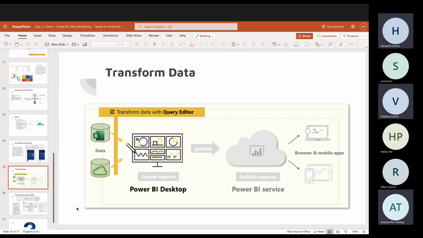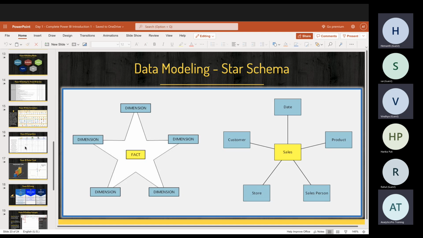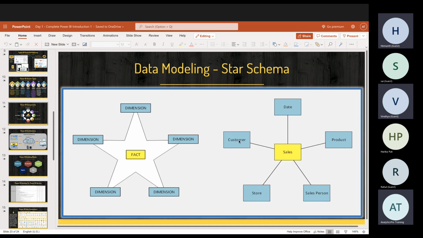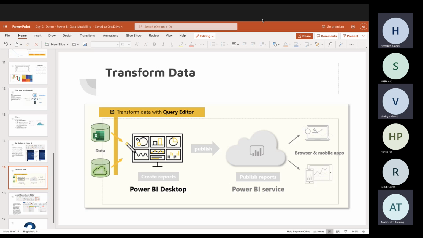Coming to your transform data, we spoke about this yesterday, right? We spoke about how we have Power Query as one of the components within your Power BI. I don't know how many of you remember. We have also done that small check before we came here, which is this Power Query. I mentioned Power Query as transformations, correct? To transform the data, we need Power Query.